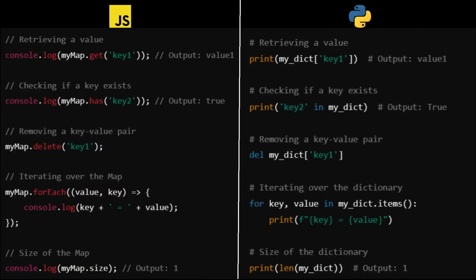This is how you retrieve and remove values, loop through the map, and check the existence of keys, but again, this is just for reference. We will learn it along with the practice problem. And let's get straight to it.